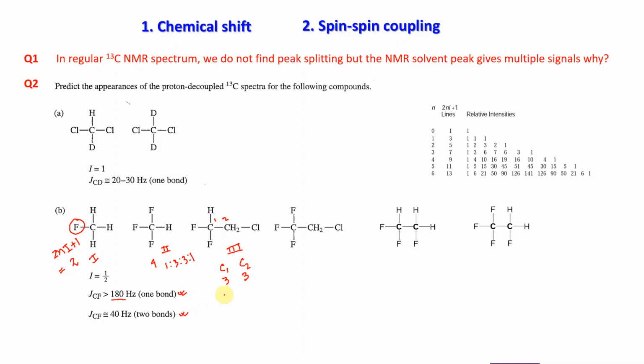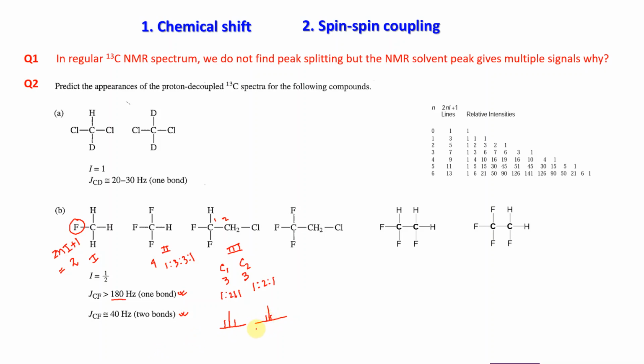Only difference is here you are going to get 1:2:1. Here also you will get 1:2:1. So what will be the differences in the peak pattern? You have more gap in the C1 peak pattern. So if you have the C1 like this, for C2 it will be closer, right? The same height, but it will be closer. Got it? My drawings are not good, but anyway, you have to have the equal gap.